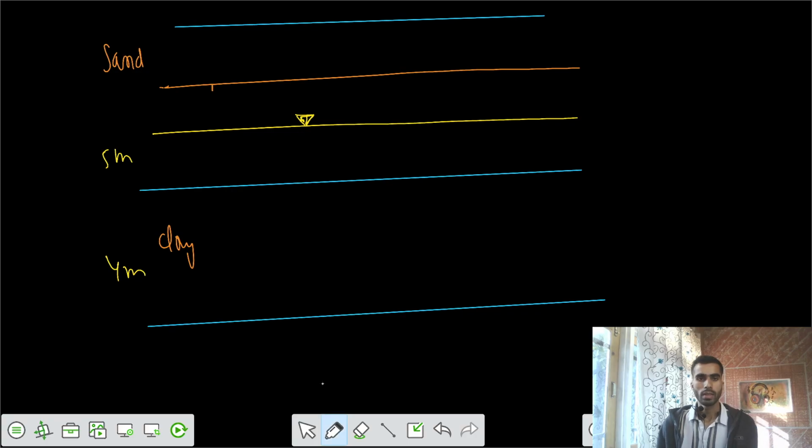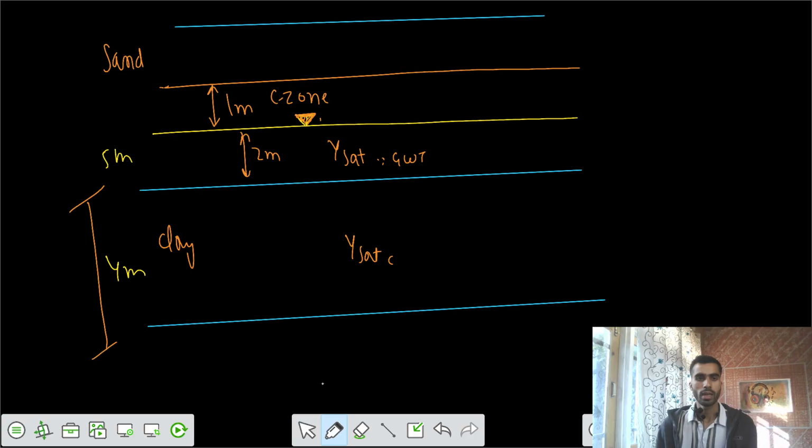So finally, this is your 1 meter capillary zone, C zone, and this was your groundwater table initially at the initial location, and this was 2 meters. This is your gamma sat because of groundwater table. This was your gamma sat in the clay, 4 meter clay, 5 meter sand layer,